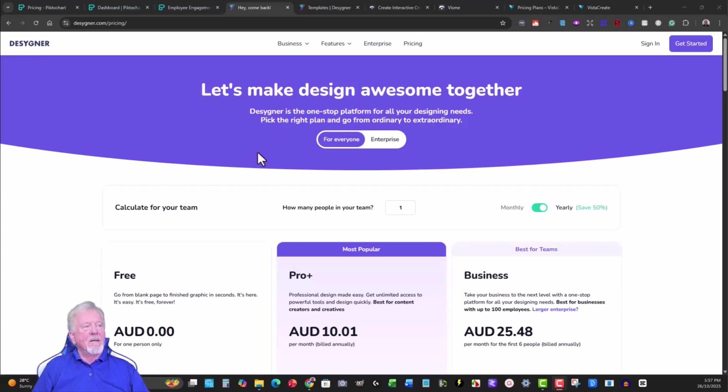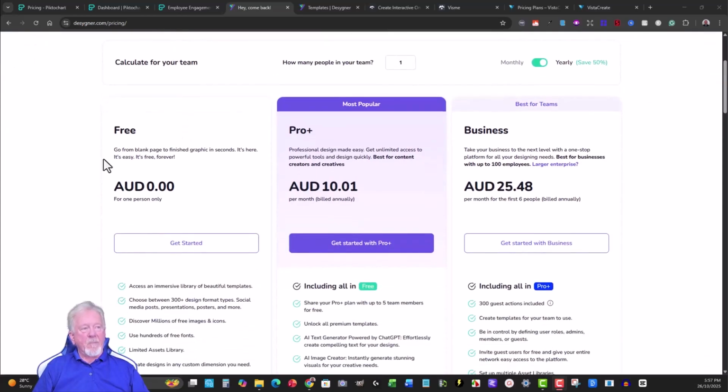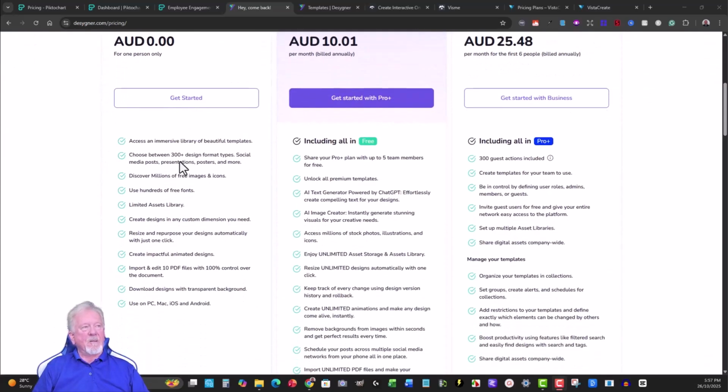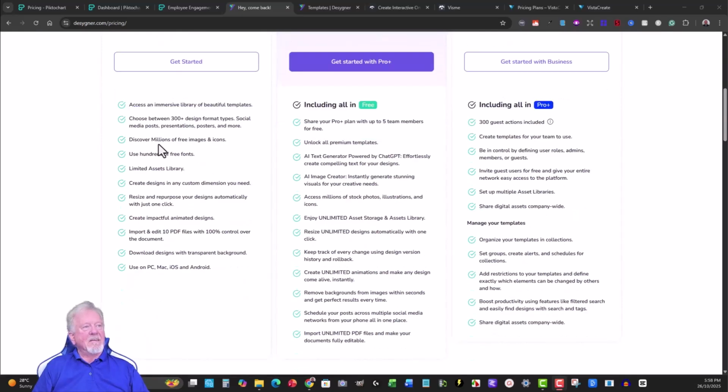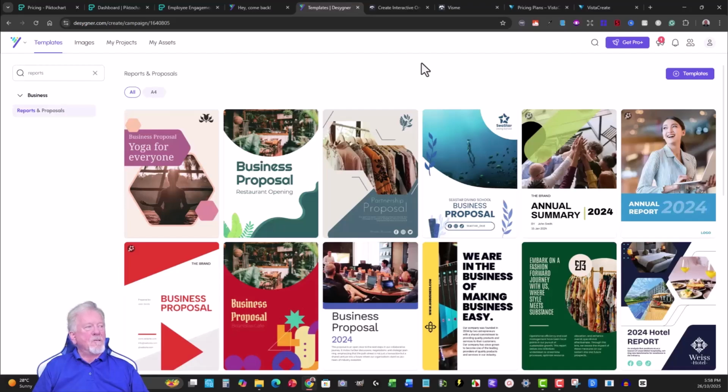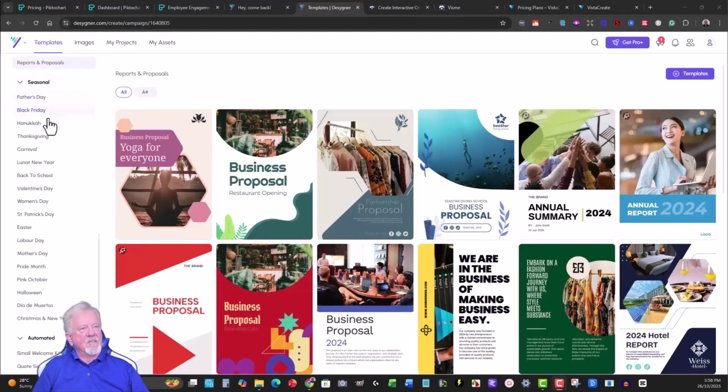DESYGNER. Now this one does have a free forever plan, and this one is actually much better in the pricing. And as you can see, you can have a good look through this as well. This also has a slight publisher feel about it as well. And when you have a look at all the templates, go over here, you can see it doesn't actually have